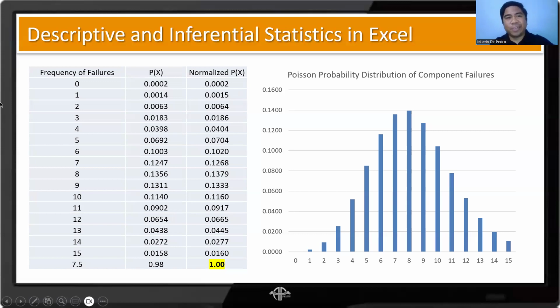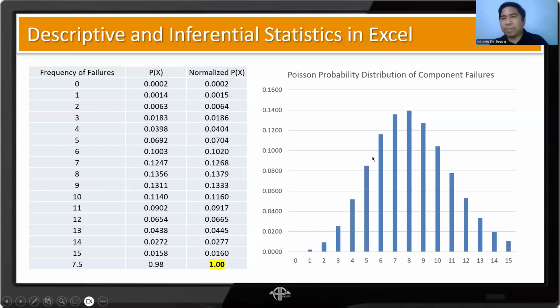So the chance in this case is 0.0002, based on the formula. And how about 1 out of 15? We got this chance. 2 out of 15, up to 15 out of 15. So what's the chance that we all get it wrong, or the AI model or the machine learning model will get everything wrong out of 15? Using the formula, it's actually 0.0158. So there's actually a 1.58 percent chance that it will fail.